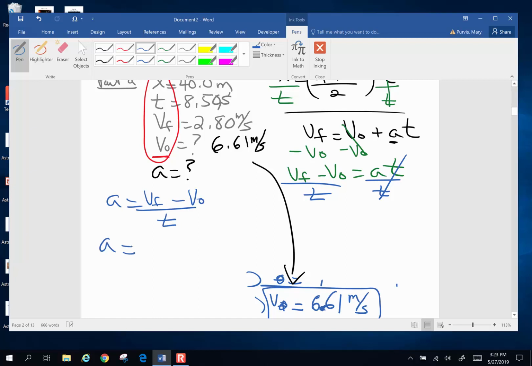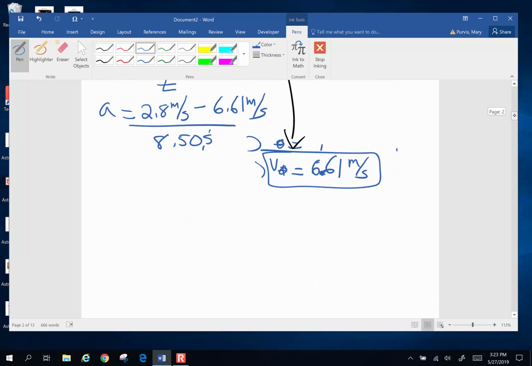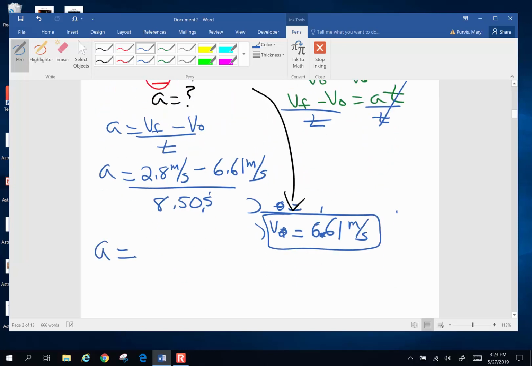So the final velocity was 2.8 meters per second minus original, which was 6.61 meters per second, and all of this happened in 8.50 seconds. So what was my rate of acceleration? When I now pick up my calculator, it's going to be 2.8 minus 6.61, enter, divided by 8.5. I hit the wrong button. Sorry about that, guys. I got to do it again. 2.8 minus 6.61 equals, divided by 8.5 equals